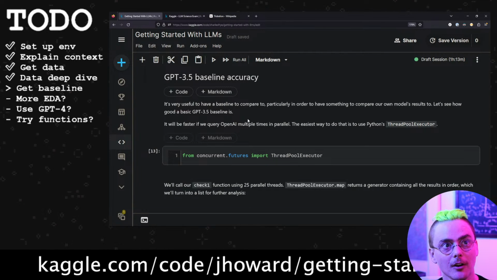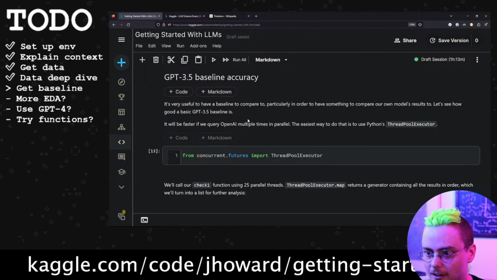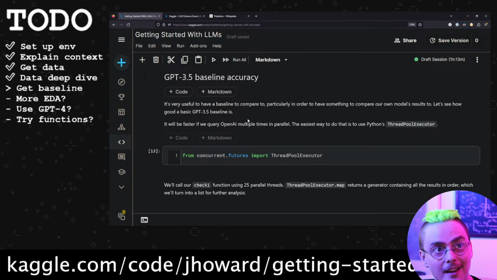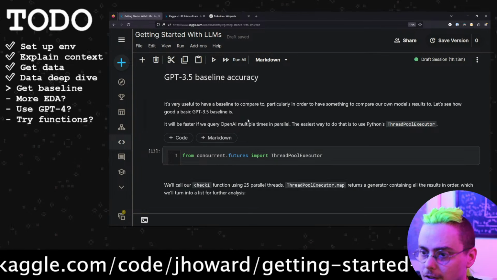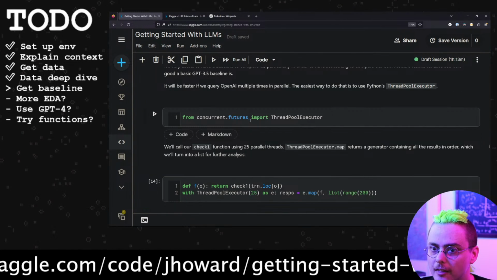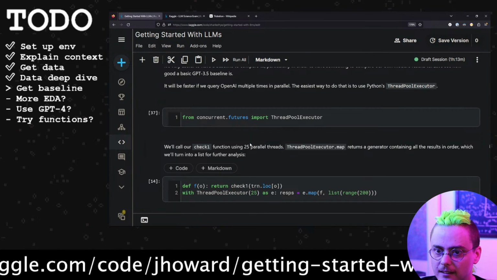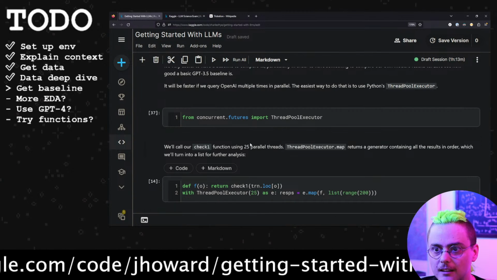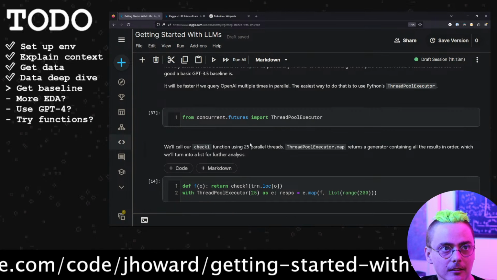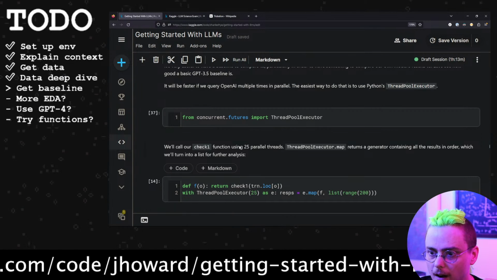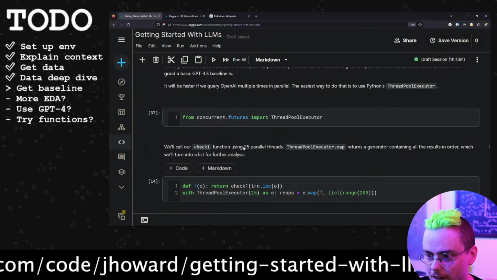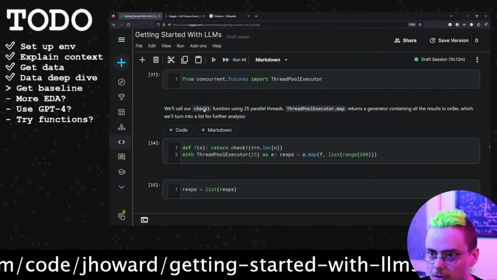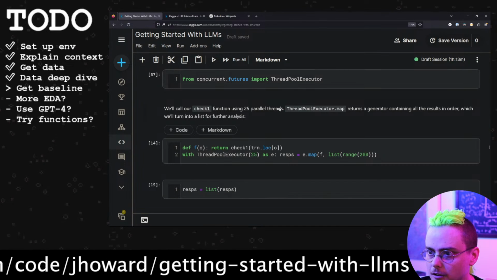You also never know whether you can trust people's results that you read in the literature, and if you're not running them, it's much harder to trust them. So the baseline that Jeremy suggests is just using GPT 3.5 to answer the questions. That sounds like a good baseline to me, and to do that, you might naively think,